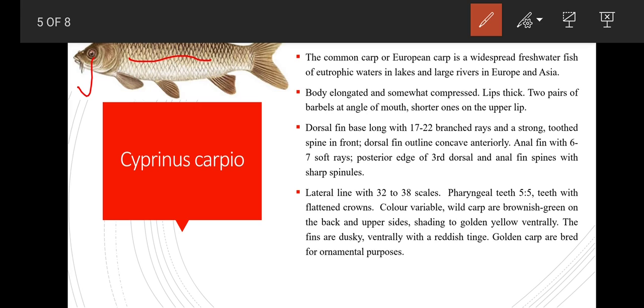Color variable. Wild carp are brownish green on the back and upper sides, shading to golden yellow ventrally, and fins are dusky ventrally with a reddish tinge. Golden carp are bred for ornamental purposes.